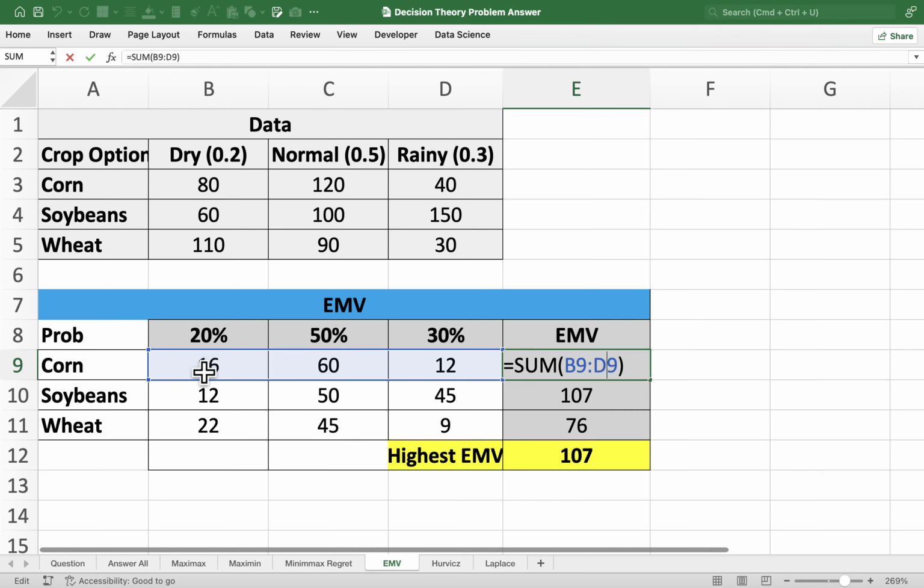and then in the next step we add up all these values. 16 plus 60 plus 12, that will be 88. 12 plus 50 plus 45, that will be 107. 22 plus 45 plus 9, that will be 76. In the last step, we choose the highest of these three, and because the highest of these three is 107, that will be our answer. It means when the farmer is using expected monetary value criteria, then their decision would be 107, which belongs to